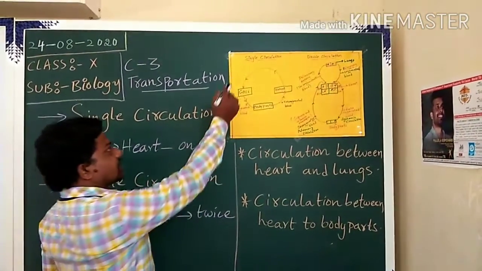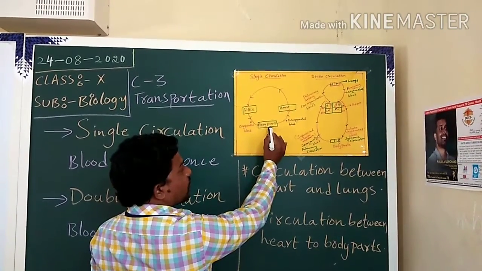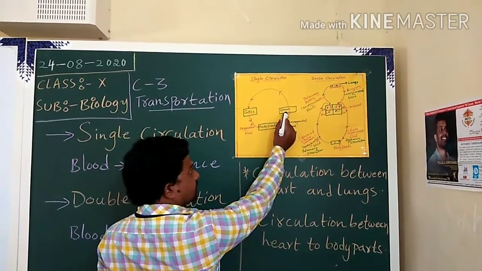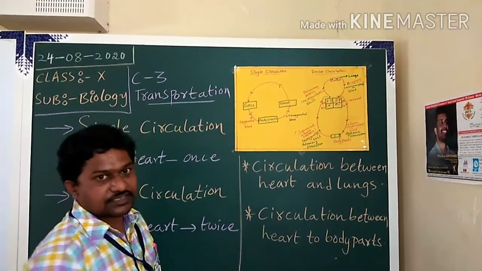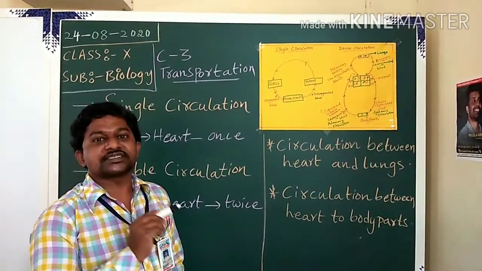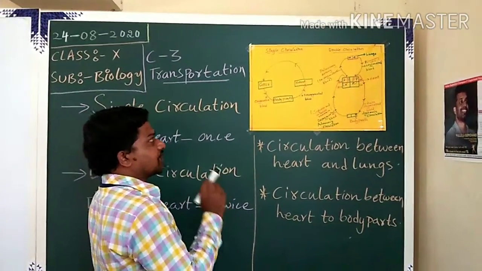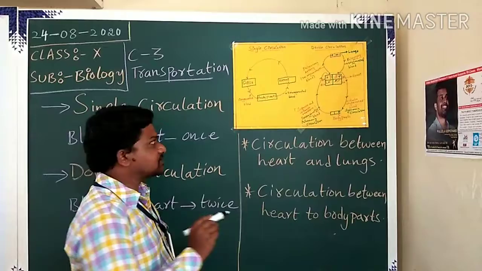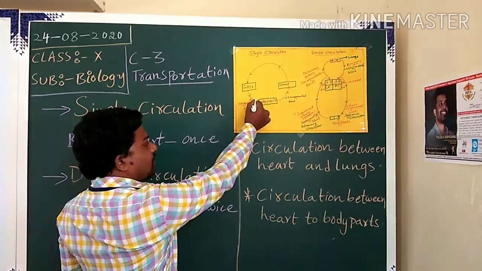If we go through the single circulation, first the deoxygenated blood from the body parts enters into the heart. From the heart, the blood reaches the gills. Here in the gills, the deoxygenated blood is converted into oxygenated blood with the help of gills. After that, the gills pump the oxygenated blood again to the